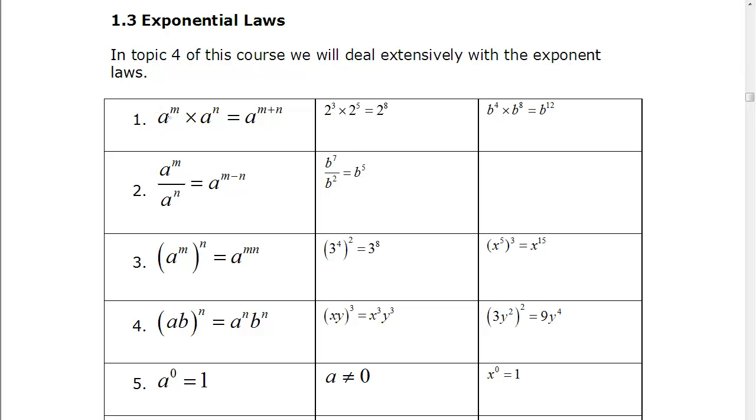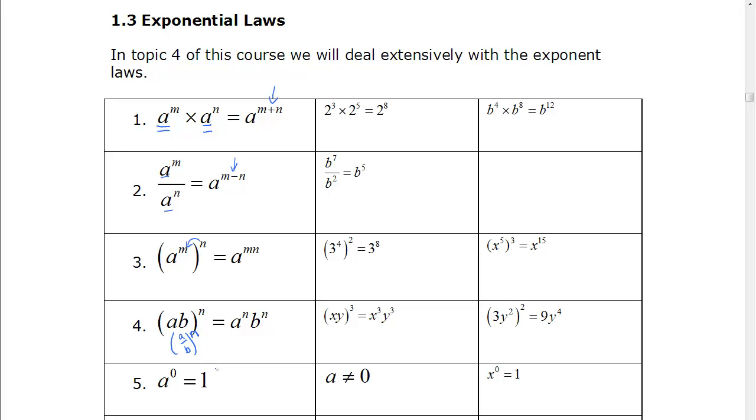The first rule: if you're multiplying two terms that have the same base, that's the key here, the base is the same, a and a, then if they're multiplied together, we add the exponents. If they're divided, again, same base, then we subtract the exponents. If we have something raised to a power and then raised to a second power, we multiply the exponents together. If we have two terms that are multiplied here, this also works for divided, even though it's not written,